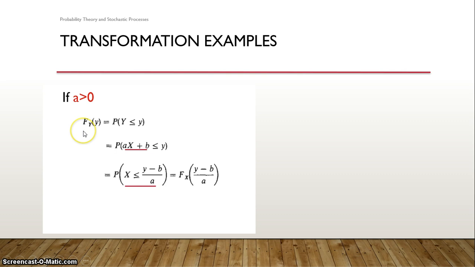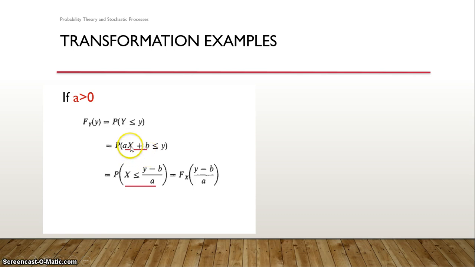Just go with the definition of the distribution function. Any distribution function definition is like this. The moment you write the distribution function F_Y(y) or F_X(x), it is nothing but the probability of Y less than or equal to small y. Here Y is the random variable and small y is an outcome or an event in Y. So Y less than or equal to y. Just substitute ax + b in the place of Y. If you substitute, ax + b is again less than or equal to y. Just substitution.